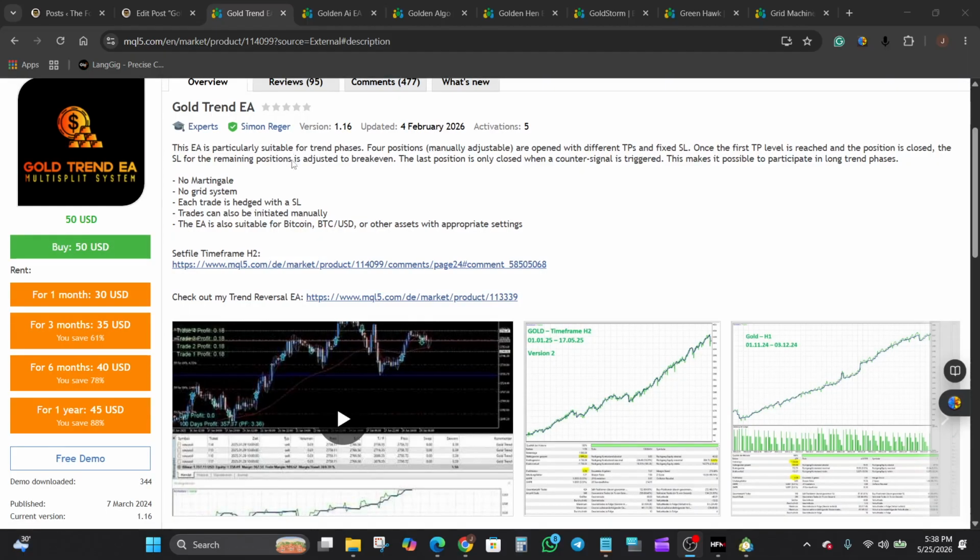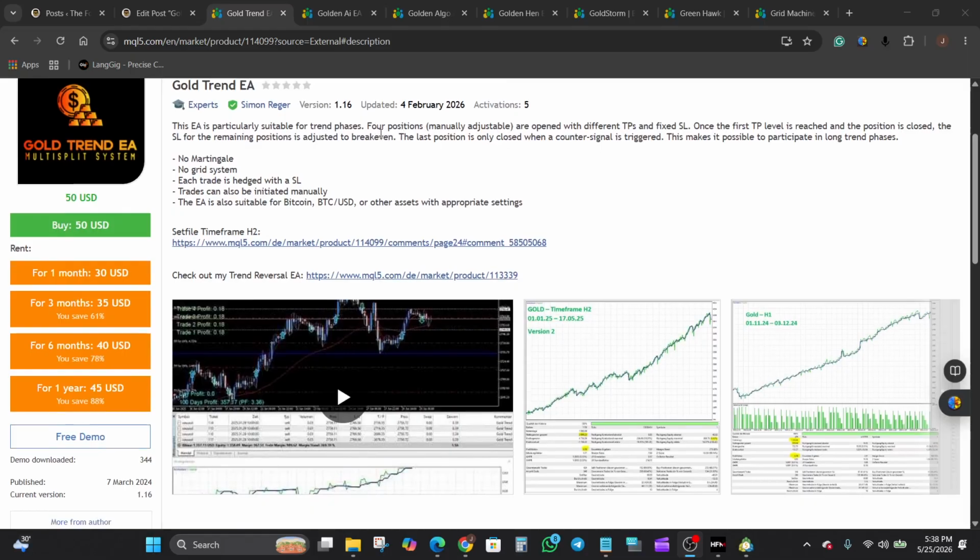It was last updated in February 2026, version 1.16, and it shows a total of 5 activations, which is pretty standard for marketplace EAs. Now, as I scroll through the description, one of the first things that stands out is that this EA is designed specifically for trend phases. But before we continue with that,